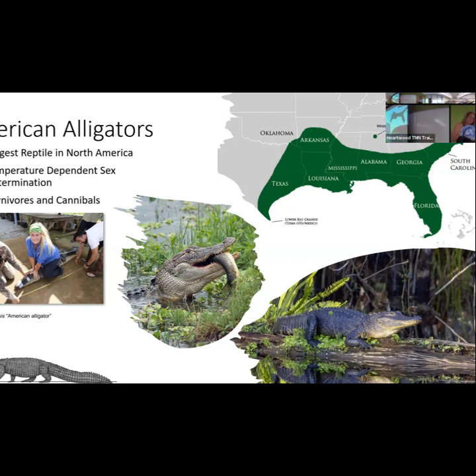This is their range map here. They do extend quite far. There we go. Quite far, all the way down to Brownsville and up into the Carolinas. There's a little bitty population at the end of Oklahoma. It used to be bigger, but with hunting, they became endangered in about the mid 1800s. They were almost hunted to extinction. And then with the advent of our hunting laws and our harvest laws, they were able to rebound.